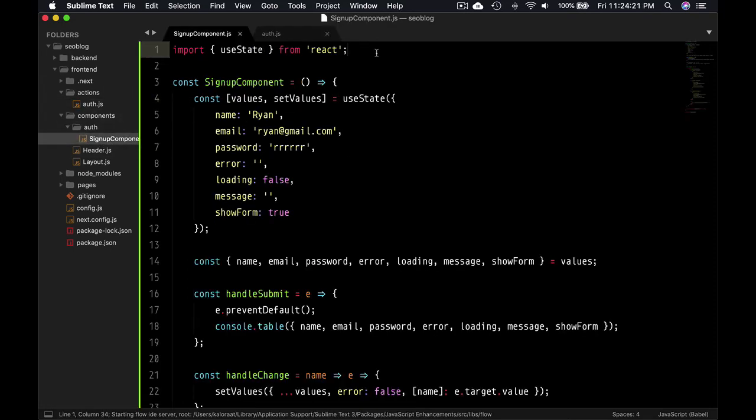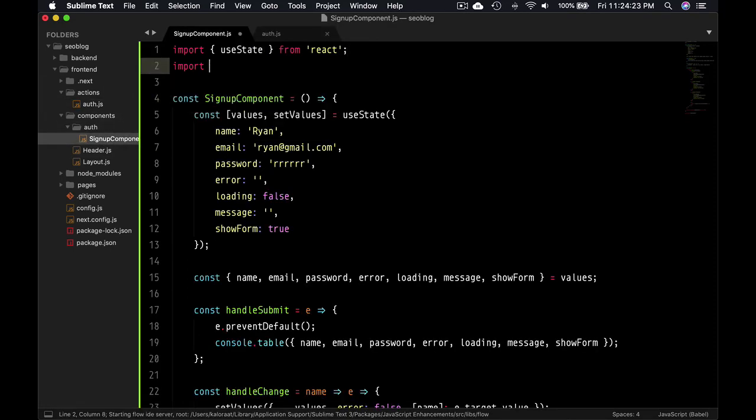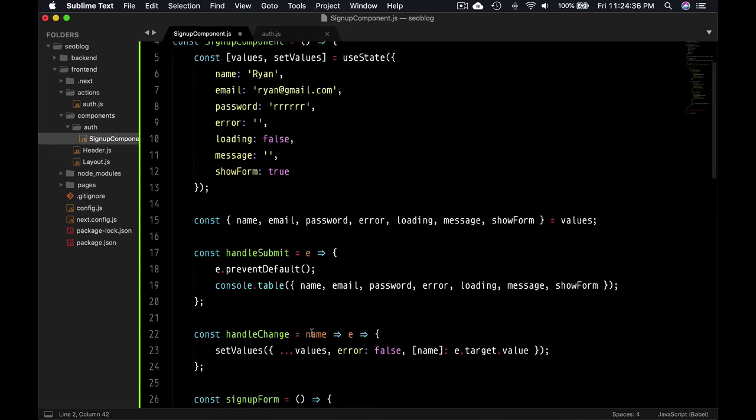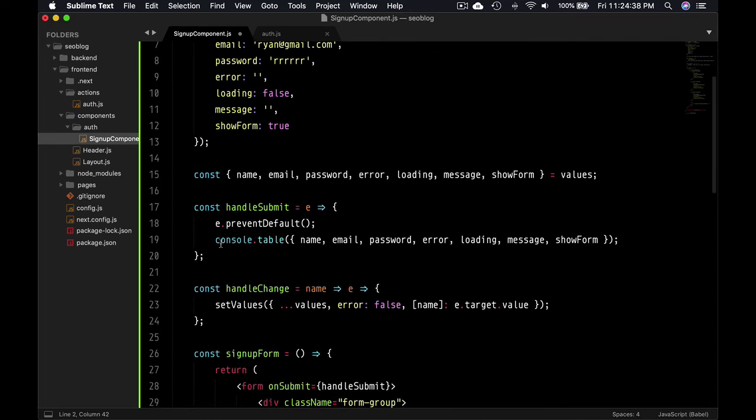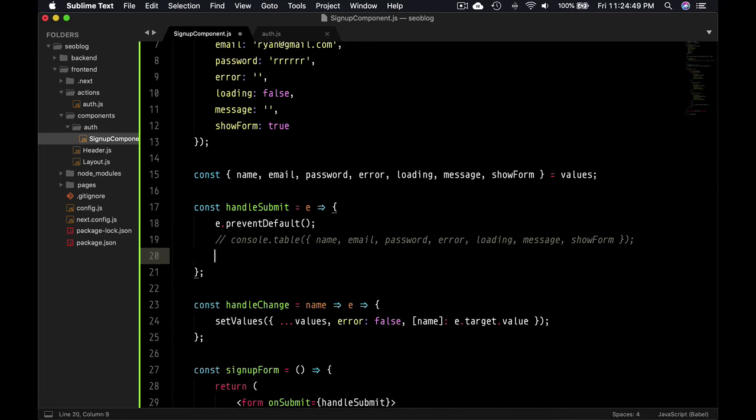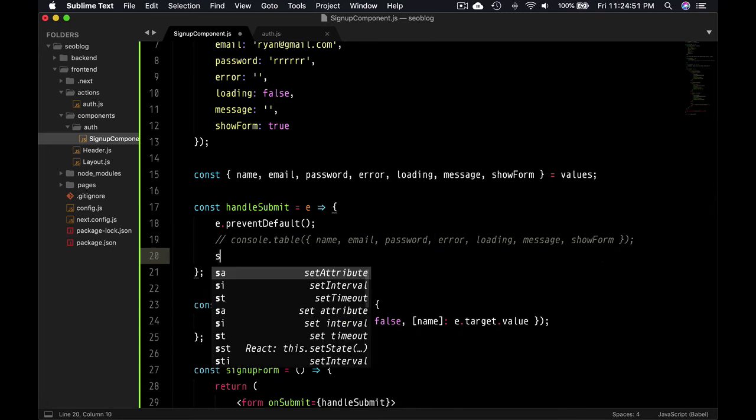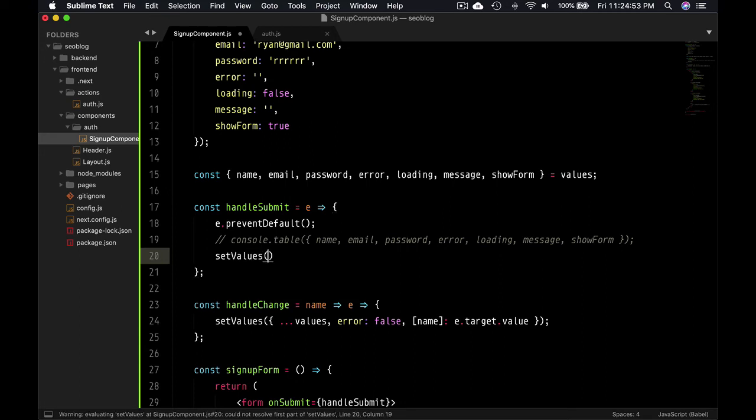So here we can import signup from one step up, and action/auth, and we can use that here on handle submit. Let's comment this out. So before we submit, first of all we want to set values in the state,